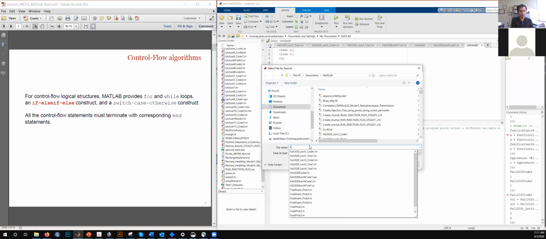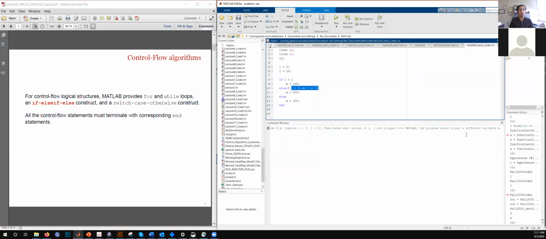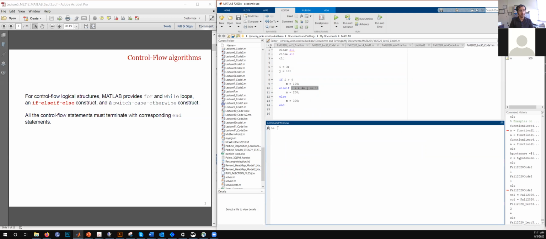So this is 2020 lecture 5 code 1. Okay, and this is a script file. I can just run this, and so it has run the file. Since I have a semicolon after the m, it's not going to give an output straight away, so I need to press m and then do an enter. And as I said, it probably should be 300, and so it is 300. So this kind of did not make much sense anyways.